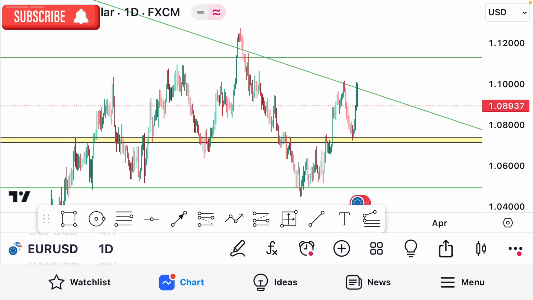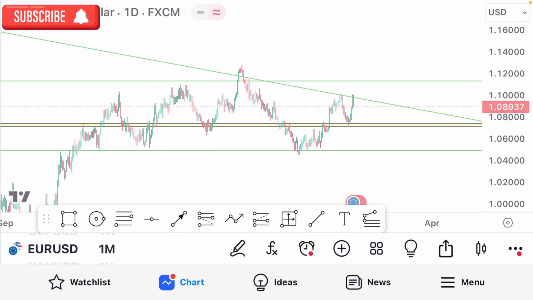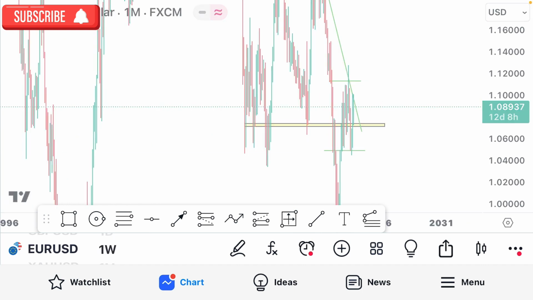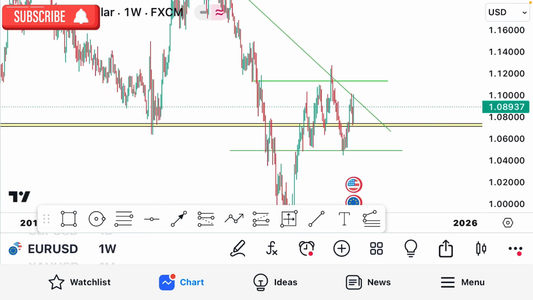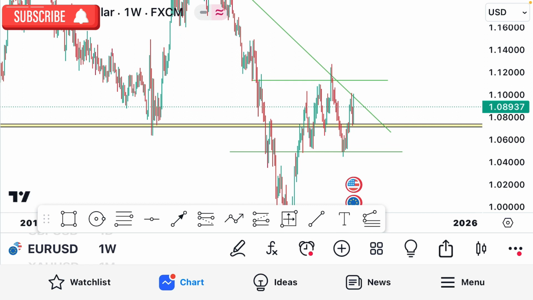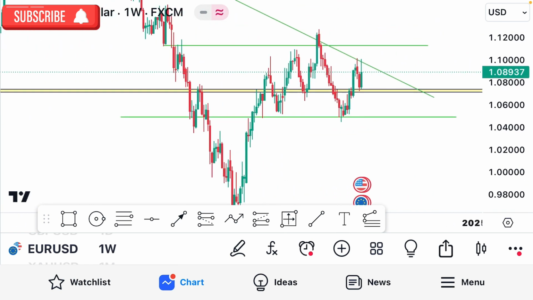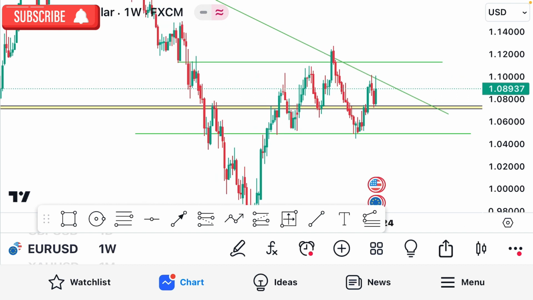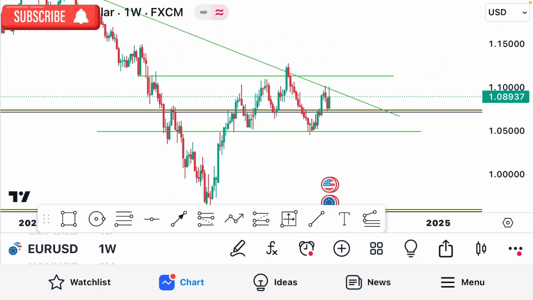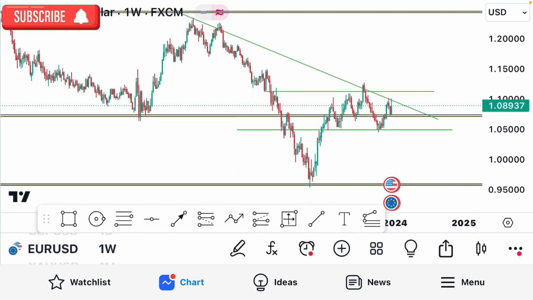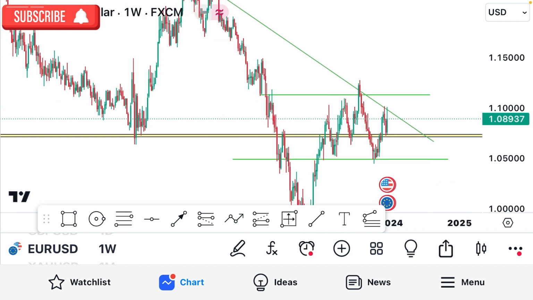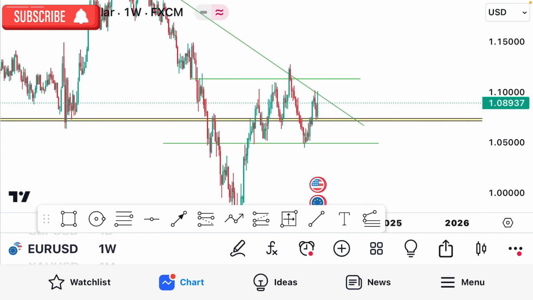For EURUSD, let's go to a weekly time frame, guys. My key levels are properly plotted, guys. I don't have to do it again. If you want to learn how to plot the key levels, there's a link in the description box. You can follow through. Also, guys, watch my previous analysis of EURUSD